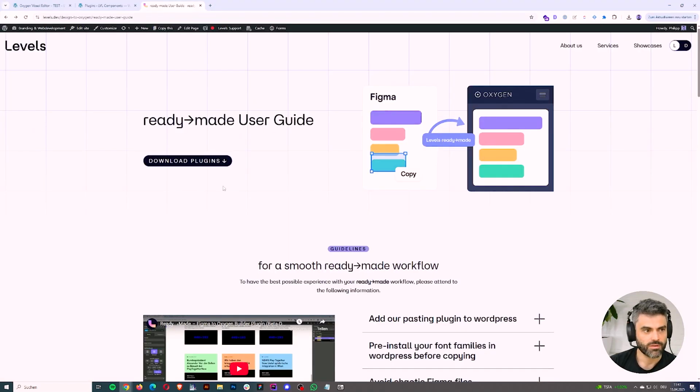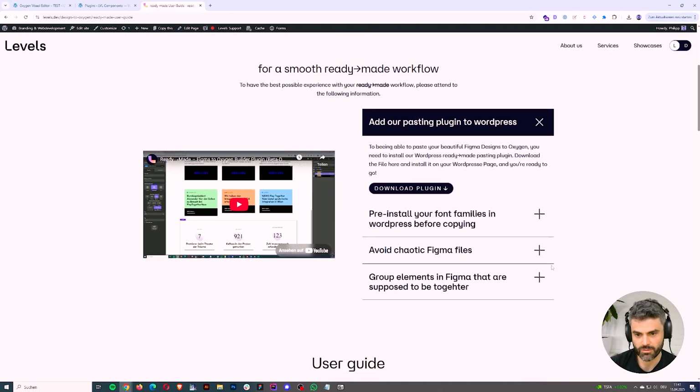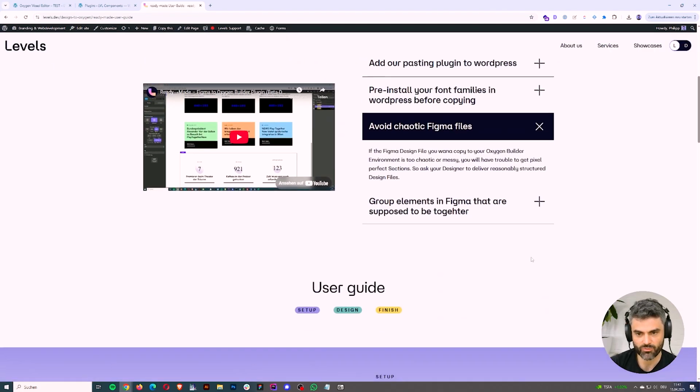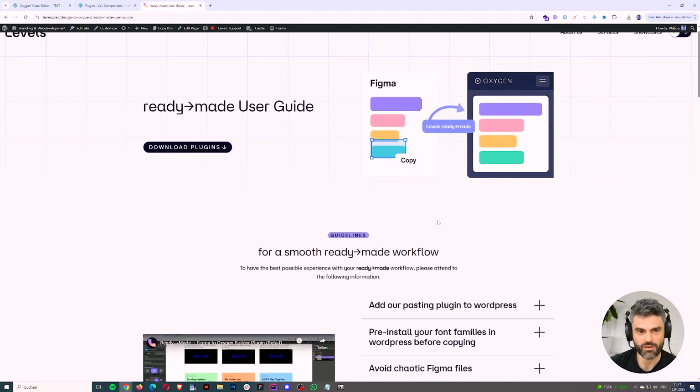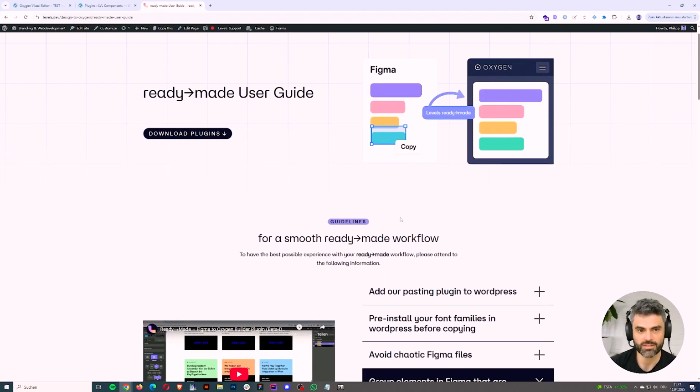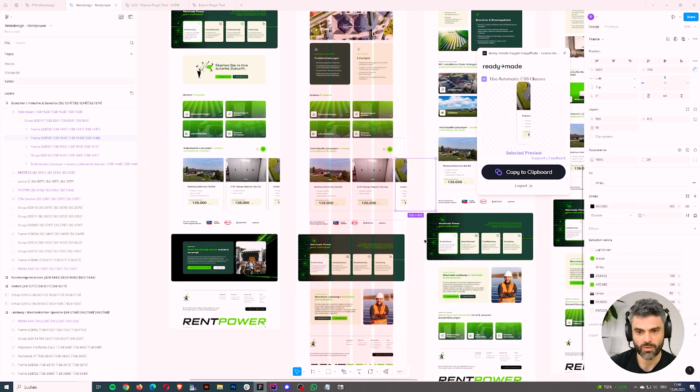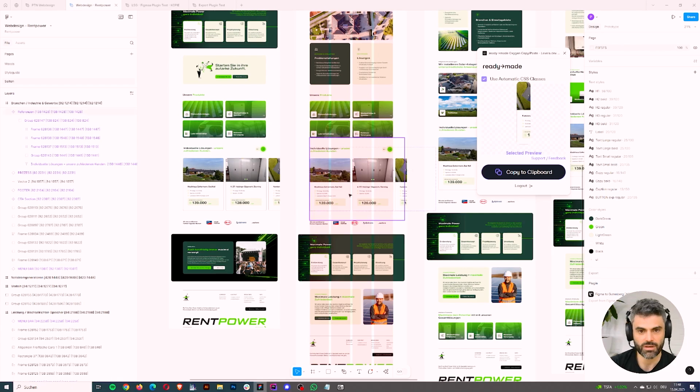On this user guide page, you will find everything in written form that I just said. And if you have any questions, don't hesitate to post in the Discord channel,